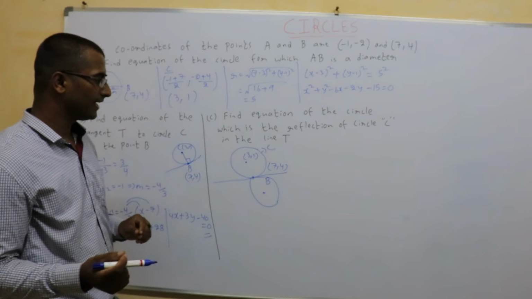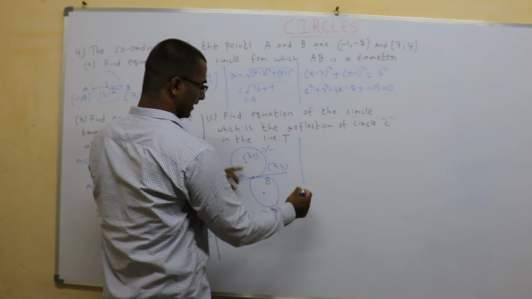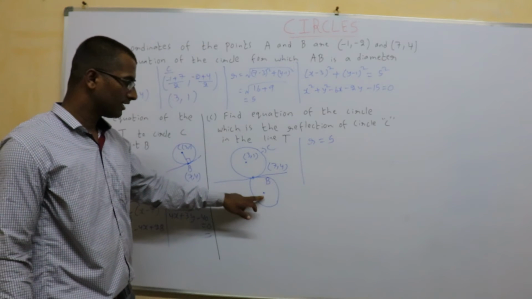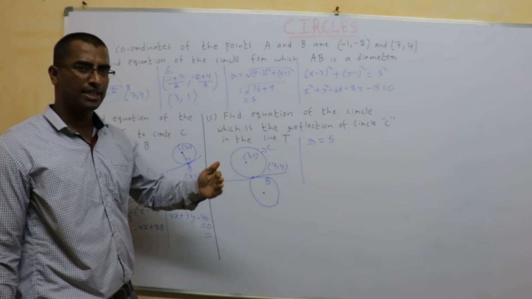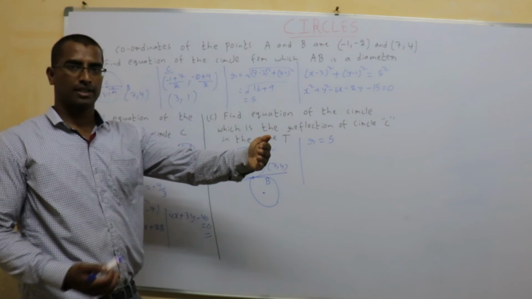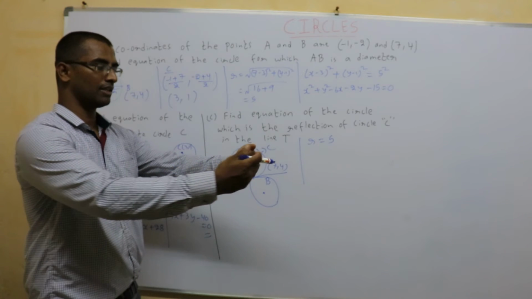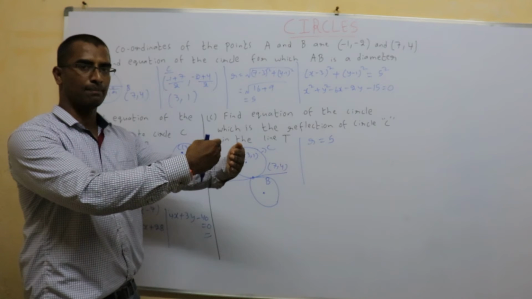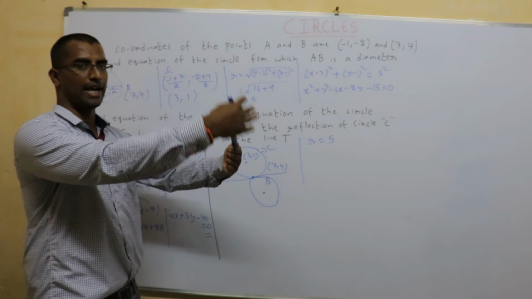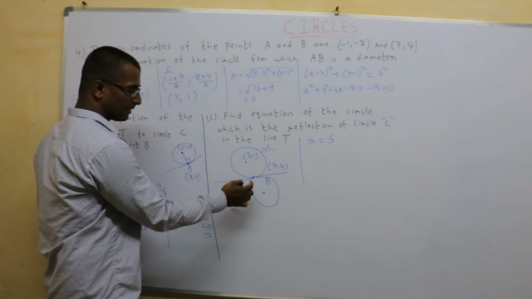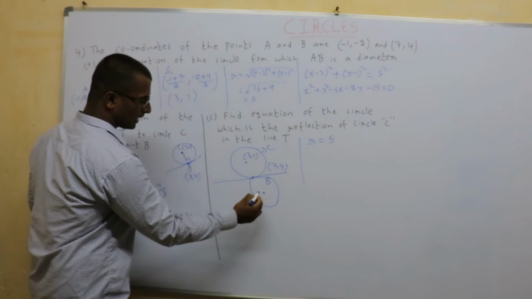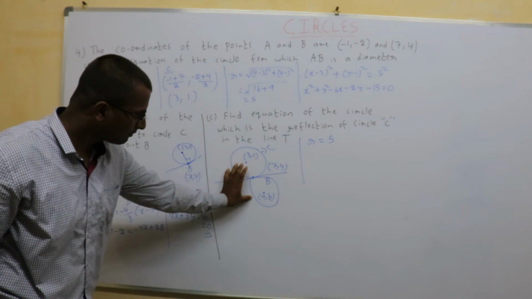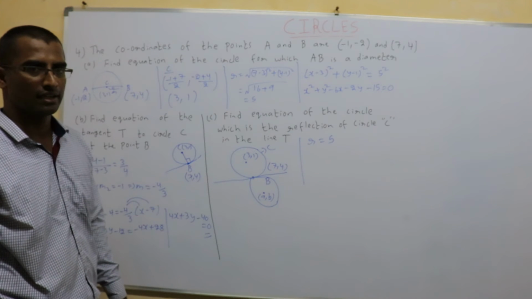Size is the same means the radius is the same. The radius of this circle is 5, so even the radius of this circle is also 5. I need to know only the center of this circle. Whenever it's a reflection, if you are this much far from the mirror, your reflection will also be at the same distance. This will be acting as a midpoint between yourself and the image. So when this is the mirror, this will be the midpoint of this one and this one. This one I don't know, so let it be (A, B). The midpoint of these two will be on the mirror, that is the tangent line.